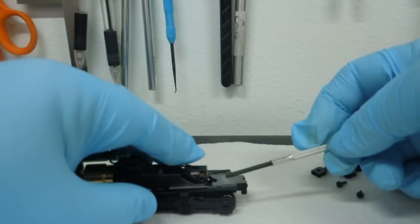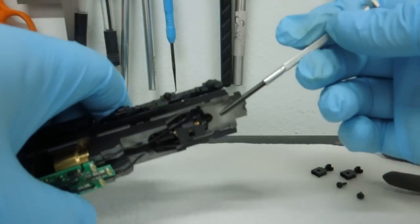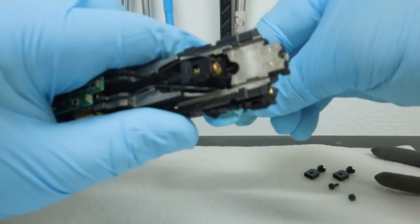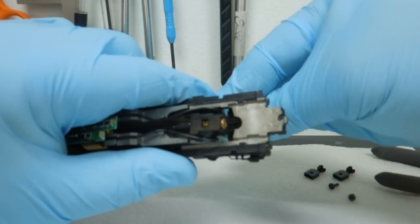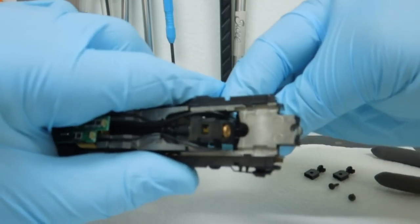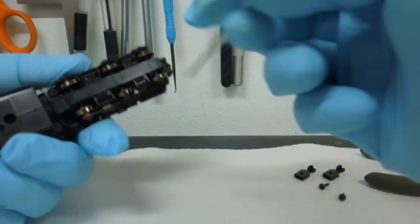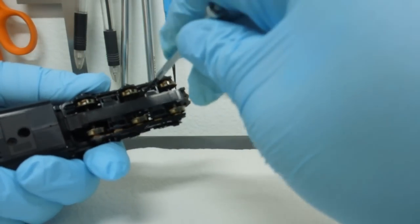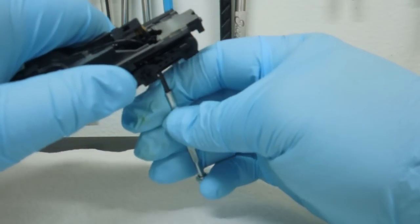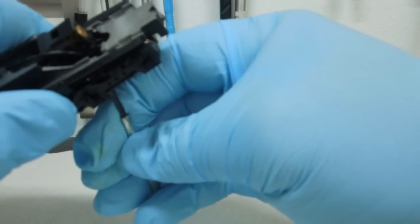Now the Kato instruction says remove the worm gear cover, which I'm taking as this. They didn't have a photo of the worm gear cover, but it looks like this is it. So I'm inserting the screwdriver from the bottom between the first and second wheel set here, and then I'm rotating it to the top so I can actually see where the screwdriver is going, and it fits underneath the worm gear cover. There's a little lip, hold it down,